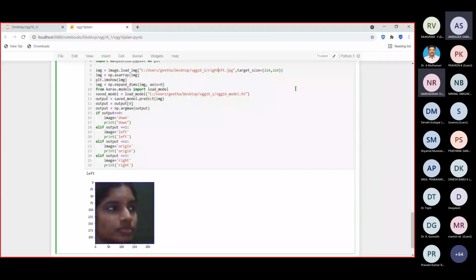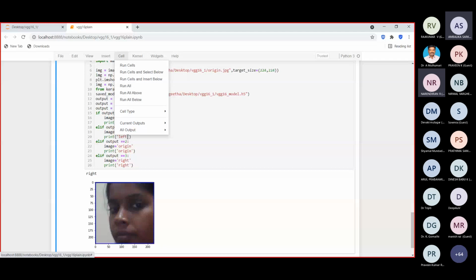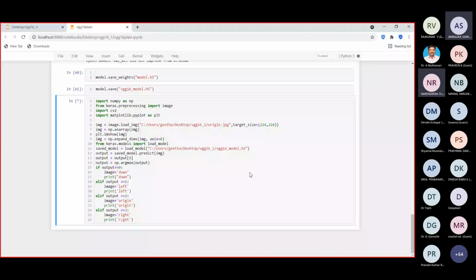So it is the right posture. Origin, looking forward. So this is origin. So I have classified these images into any one of these 4 classes here.